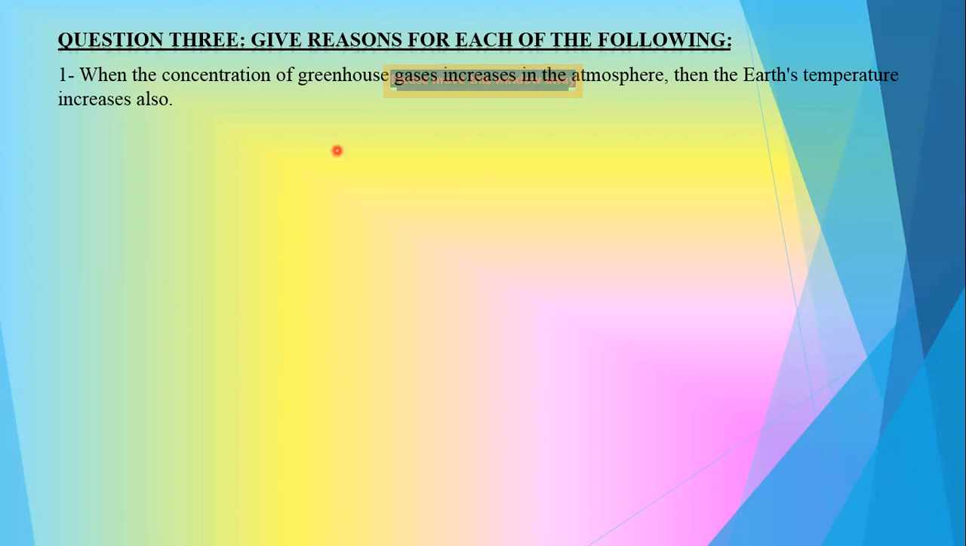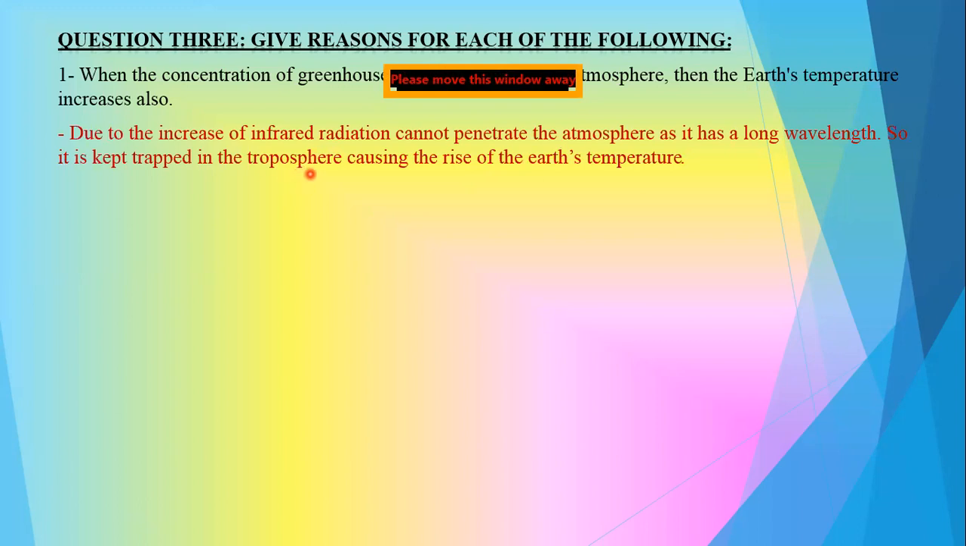طب تعالوا نشوف بقى. Greenhouse gases cause what? Called global warming. يبقى لو concentration بتاعها زاد ايه اللي هيحصل؟ Increase the infrared radiation. ماشي؟ When the concentration of greenhouse gases increases, Earth's temperature increases due to the increase in infrared radiation. طب والinfrared radiation بتعمل ايه؟ It cannot penetrate the atmosphere. يعني ايه؟ Cannot penetrate these greenhouse gases